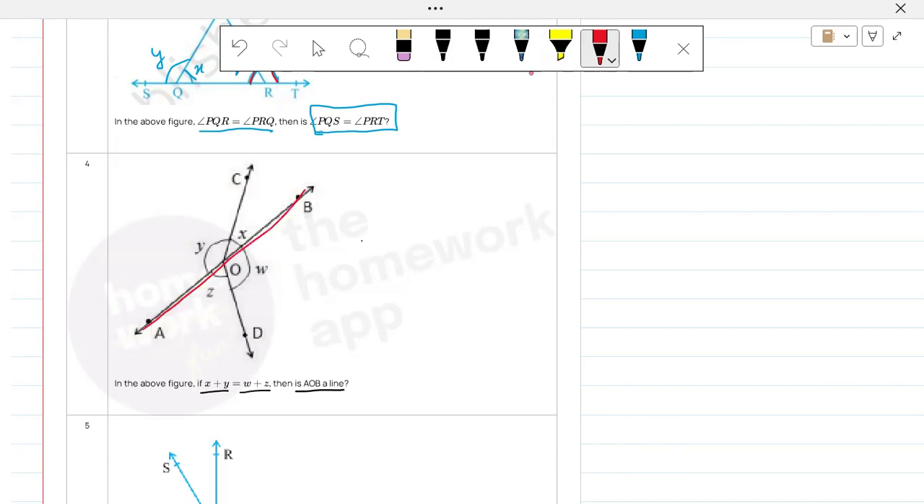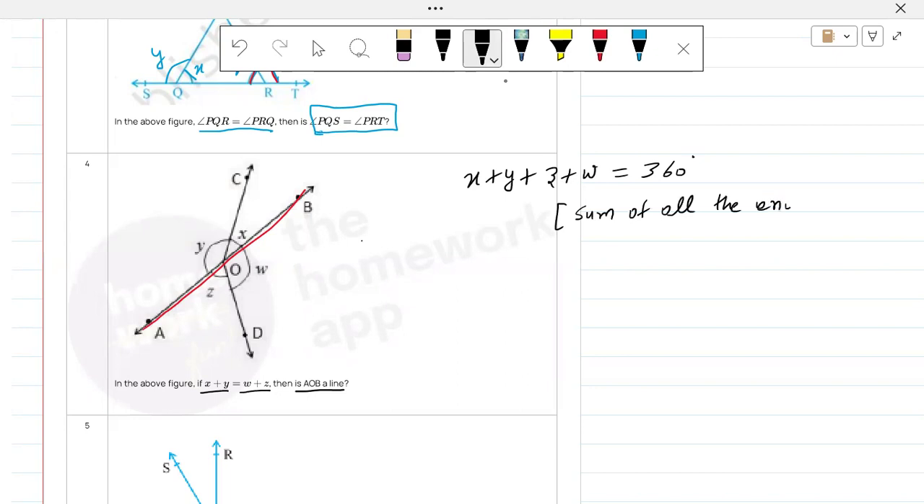How you can prove this? You can apply one property here. You know that sum of all the angles around a point is always equal to 360 degree. So you can write here x plus y plus z plus w is equal to 360 degree. And you have to write here the reason behind it, sum of all the angles around a point